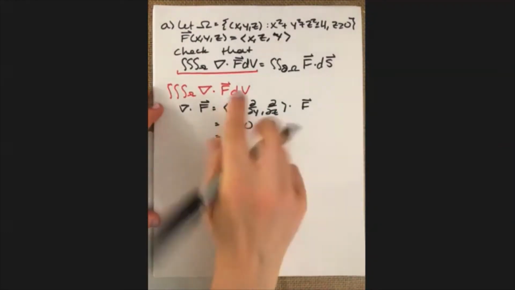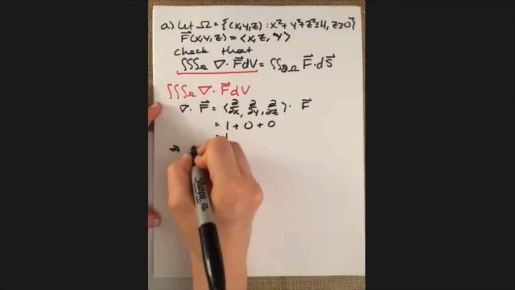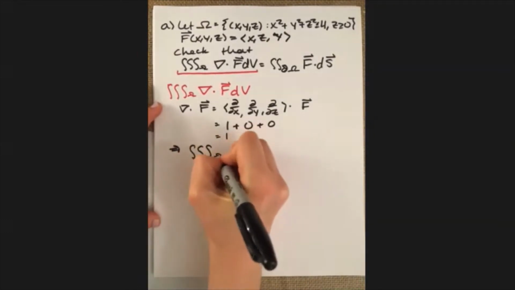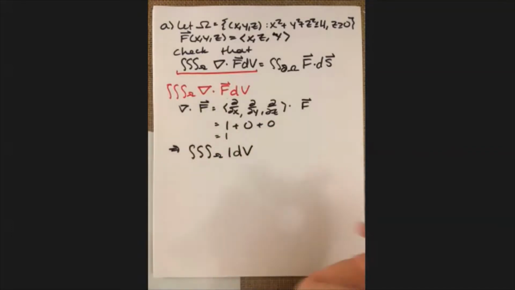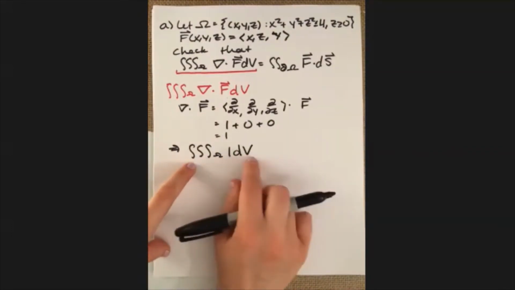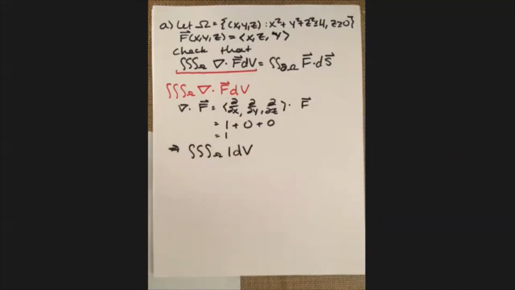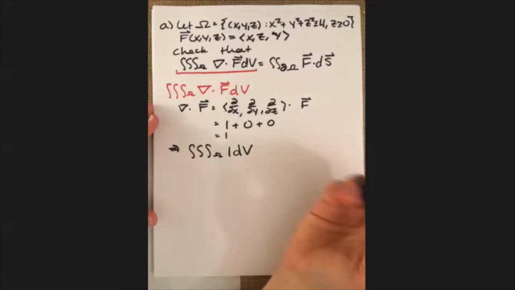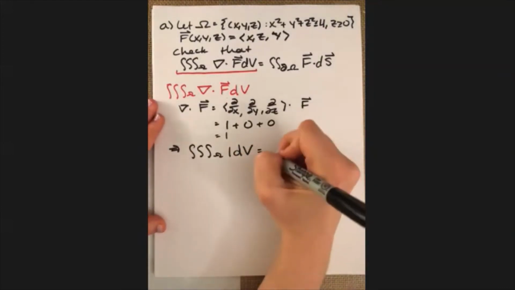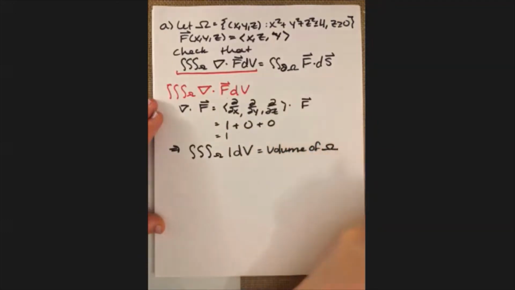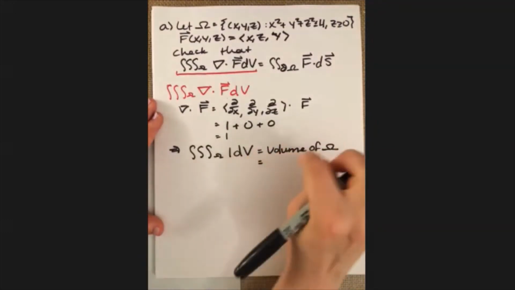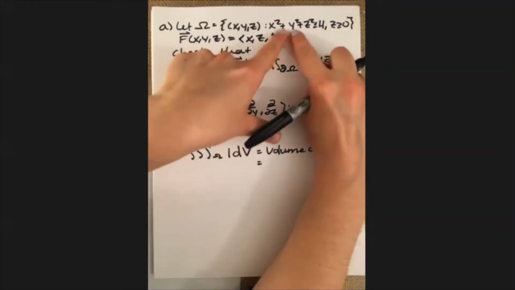So this triple integral that we're looking at right here is now going to become the triple integral over omega of 1 dv. And if we remember back, whenever we have a triple integral over a volume, we're really just going to wind up getting the volume of our region. And in this particular case, if we look back up here, this is really just a half sphere